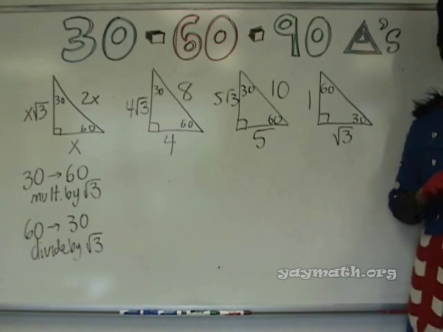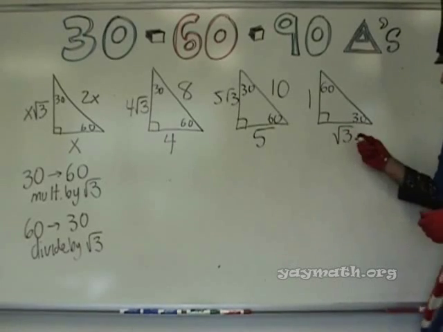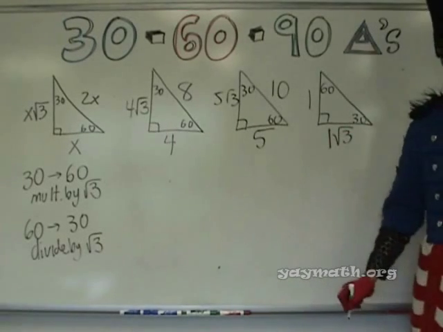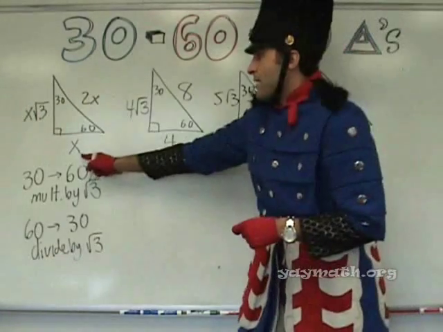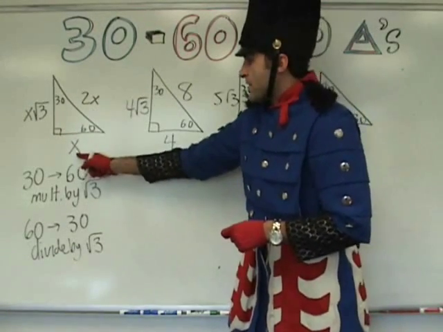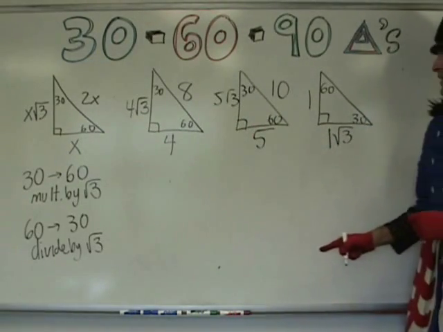Wouldn't it just be the same number as whatever's next to it? Right, there's technically a 1 there. But if there was a 2 there, then it's 2 over root 3. That's the idea. Okay. No matter what this is, it's double. No matter what this is, it's times square root of 3. Okay. That's the idea. You're getting it. Okay, and now